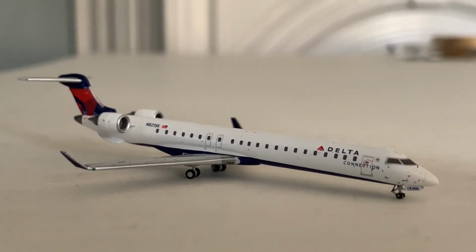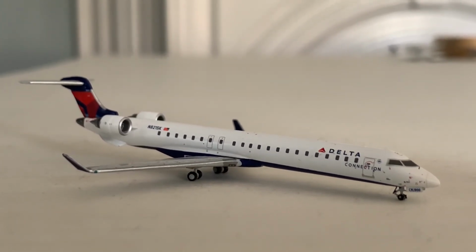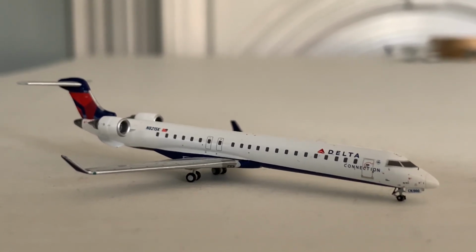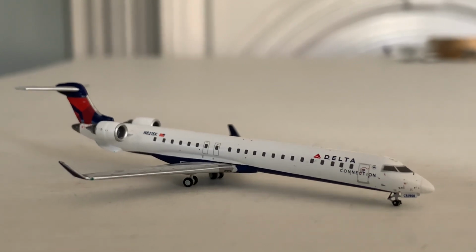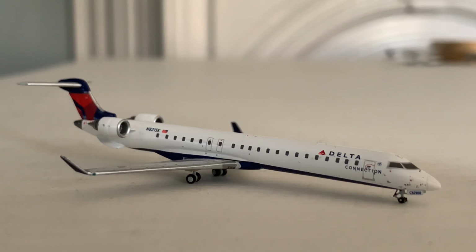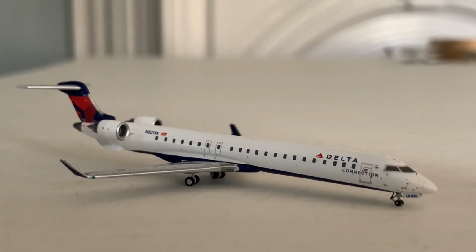first aircraft right here. This is a Delta Connection CRJ 900. This guy has just arrived in from Detroit and is taxiing over and will be heading back out to Detroit later today. I'm actually going to be flying this route next month on my way to Japan, and I believe